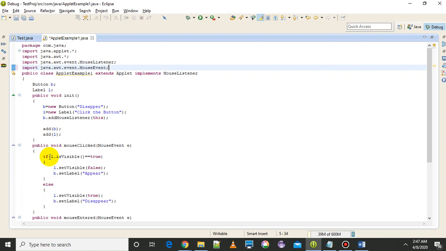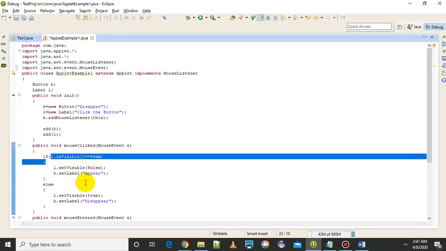The function to check that is isVisible. So l.isVisible will check whether the label l is visible or not. If l.isVisible is true, that means the label is present, then